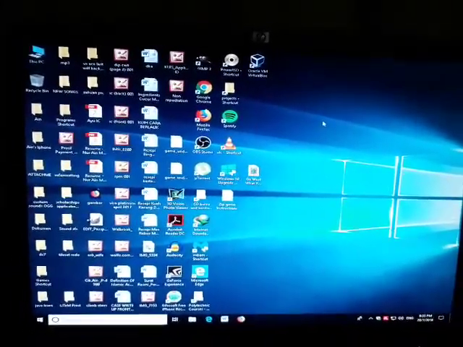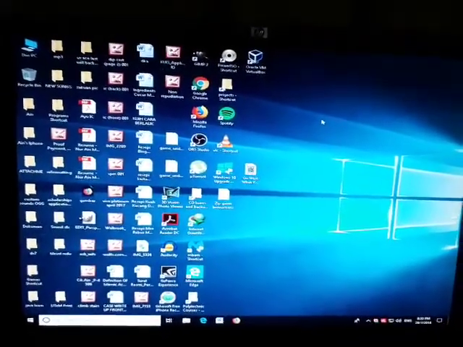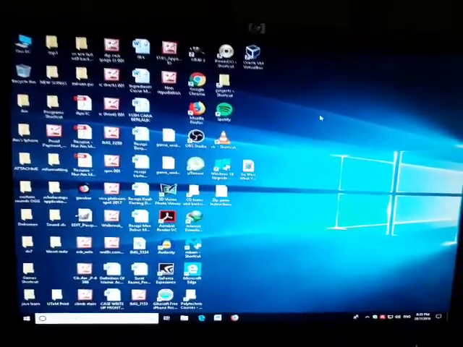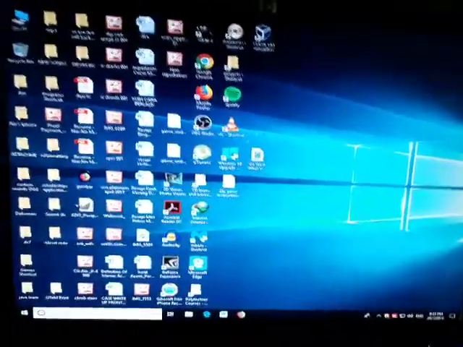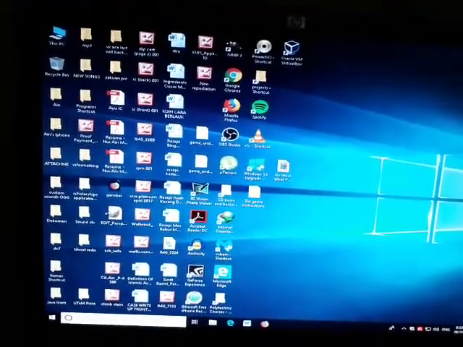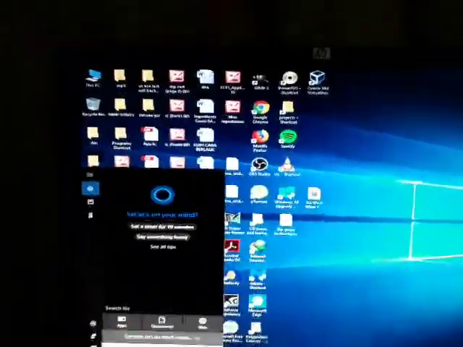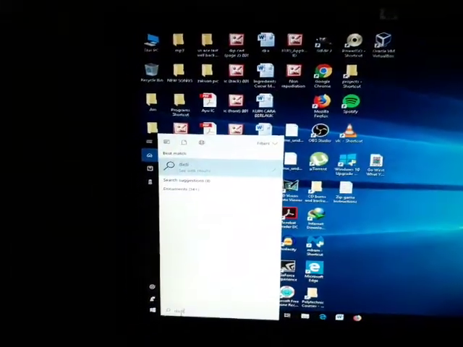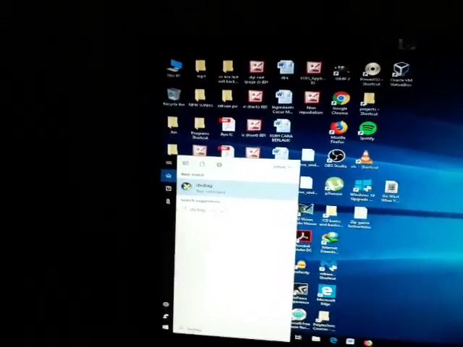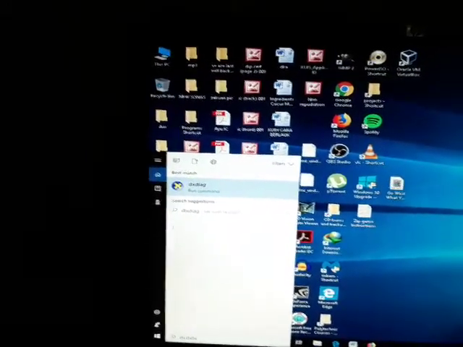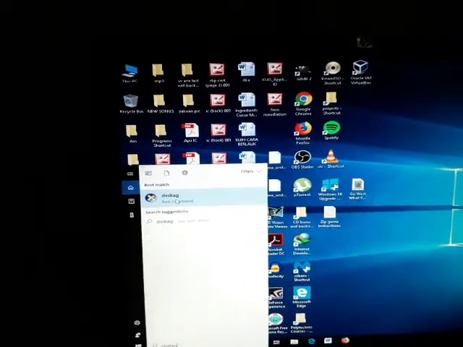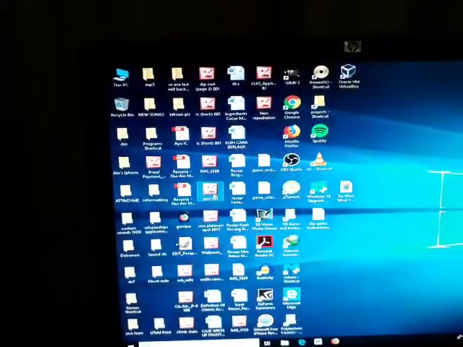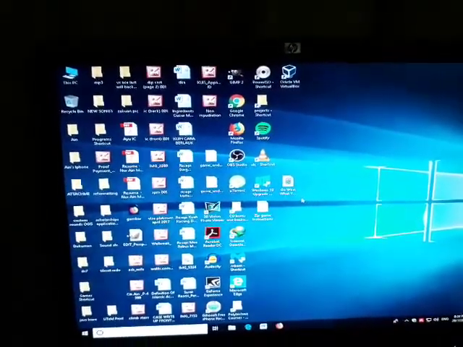Anyway, some people have been asking, how do I find out which DirectX version I am running? Simple. All you have to do is go down here in the search box and type in DXDIAG. Actually, it refers to DirectX Diagnostics. What we have to do now is left click and start this